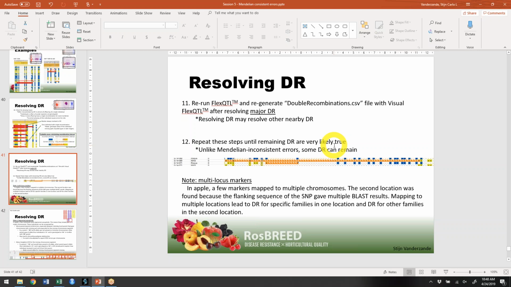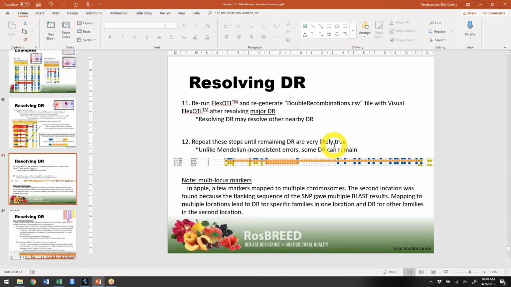And as I said before, as you're changing your genotype calls, don't forget to check your parent-parent-child errors, because by changing genotype calls, you might have introduced new parent-parent-child errors. But as I've said before as well, those are often only a few if you did, and they're often easily solved. The other thing I wanted to point out is that unlike our parent-parent-child errors, which we kept resolving until there were none anymore, at least for the singleton, some of the double recombinations that are reported